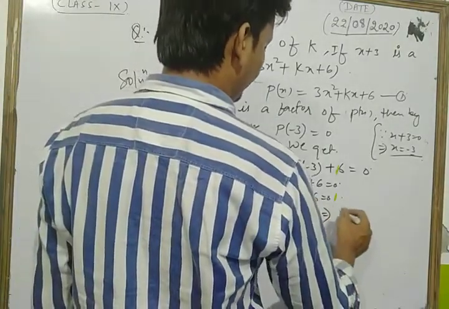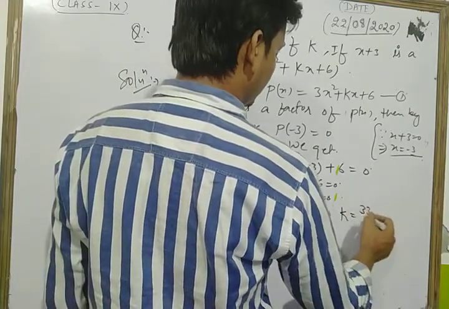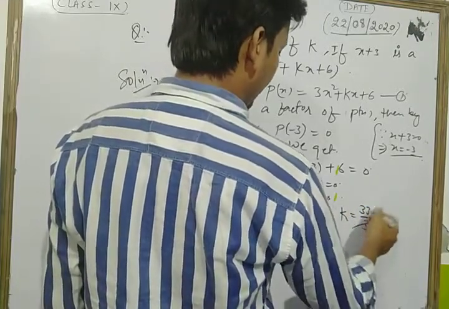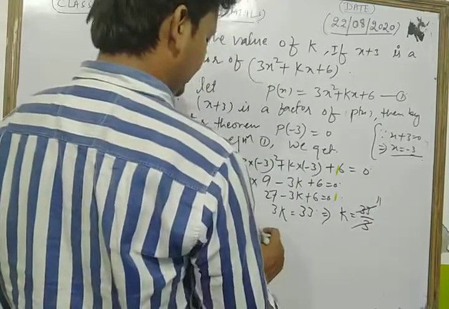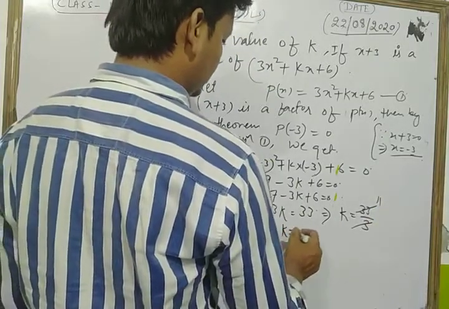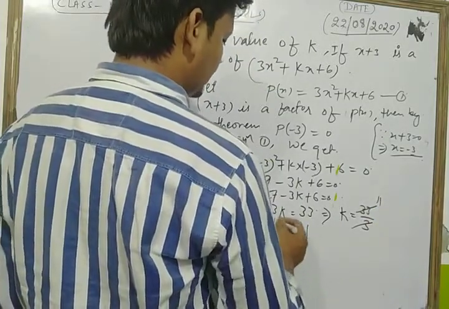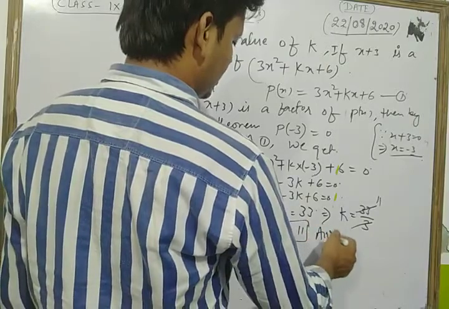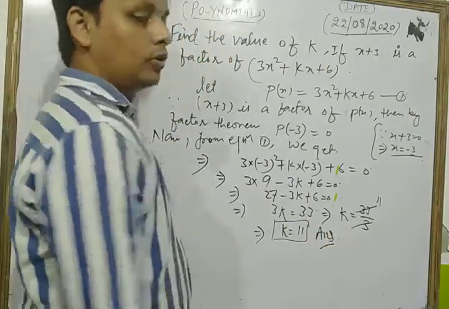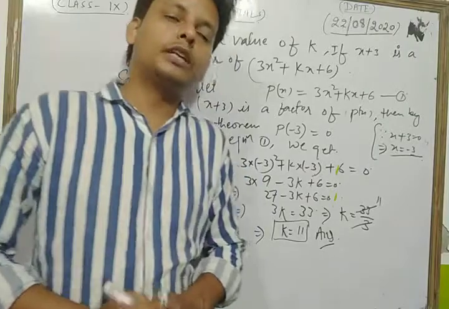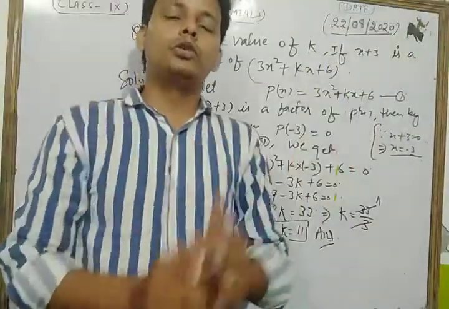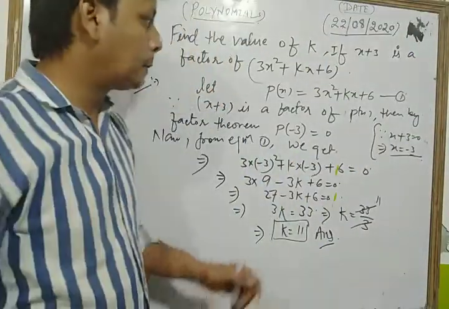So the value of k is equal to 33 upon 3, that is 11. So the value of k is what, dear students? 11. So in this way, dear students, you can solve each and every question of your NCERT exercise based